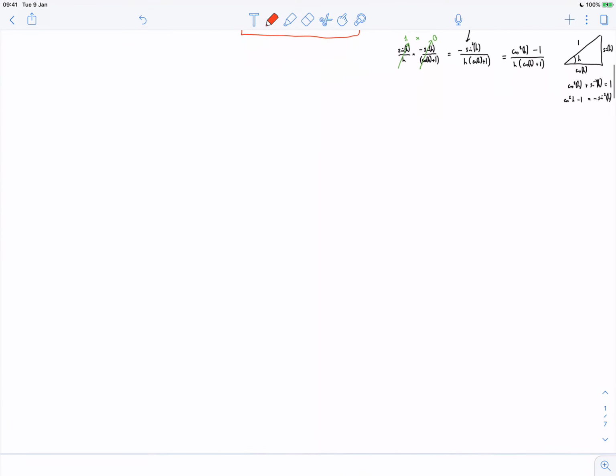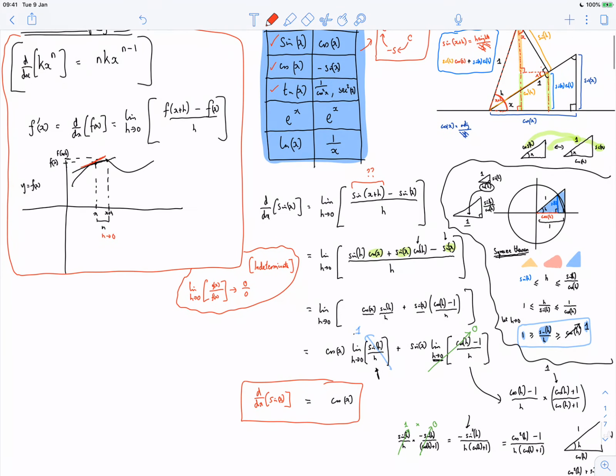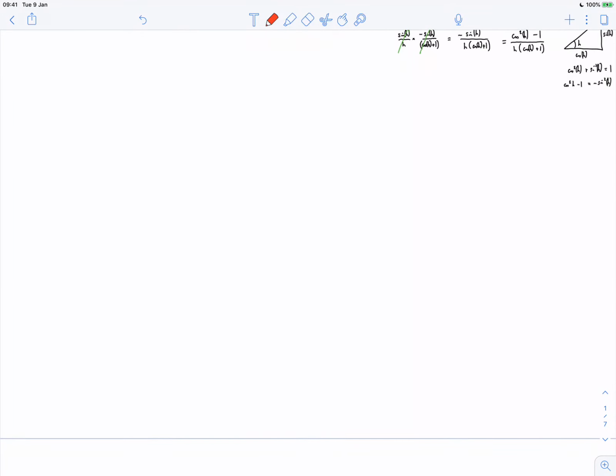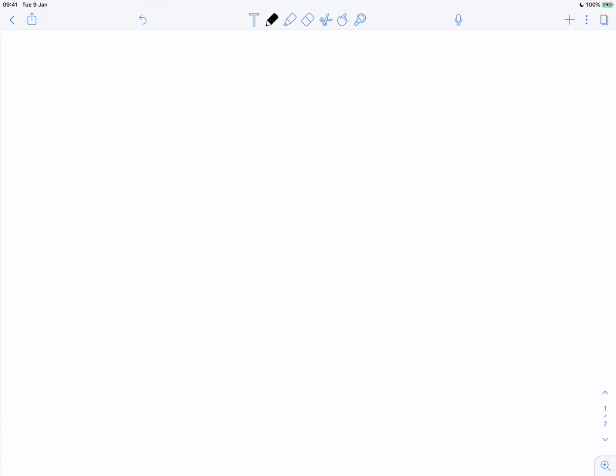Okay, now, e of x. Now, this is a little bit more difficult. When I say difficult, there's just more steps involved. If I wanted to differentiate e to the x, that is by construction just e to the x. Okay, to prove this,